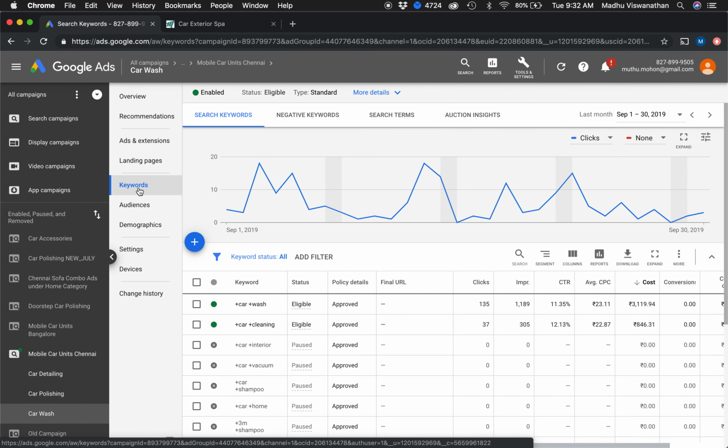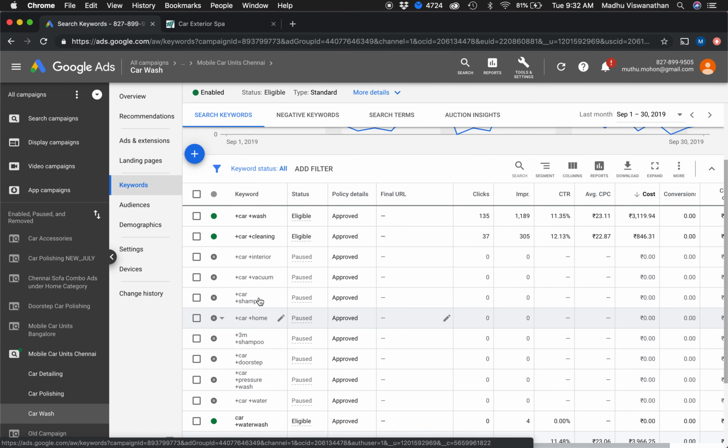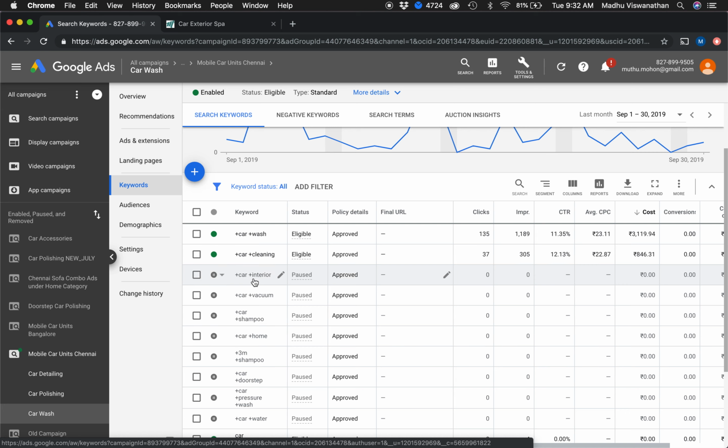So moving on to keywords. So if you look at keywords, once again, you can have many different keywords here. So in this context, in car wash, they've used this many keywords. Now, some of them are paused, which means that they're not using them anymore. And then you have specific ones such as car wash and car cleaning, which they're using. Now, if you